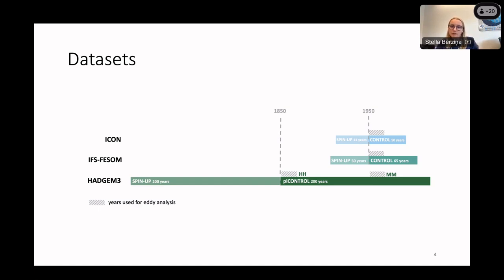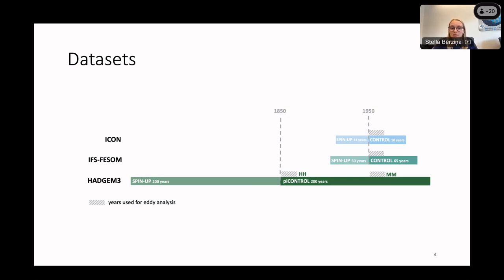So in this deliverable, we managed to analyze ICON, IFS SPESM, and HadGEM, and HadGEM came in two resolutions. We have HH, which is the high resolution model, and MM, which is the medium resolution, I think it's around 25-kilometer ocean resolution. We did not at that time have access to IFS NEMO, but it will be included. We are currently trying to write a paper, and there all of the ERIE coupled ocean models